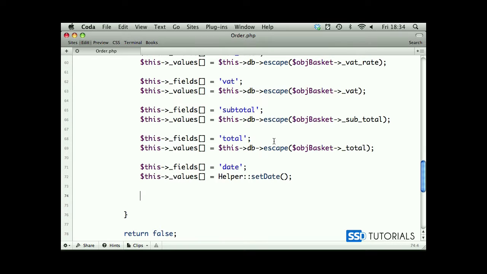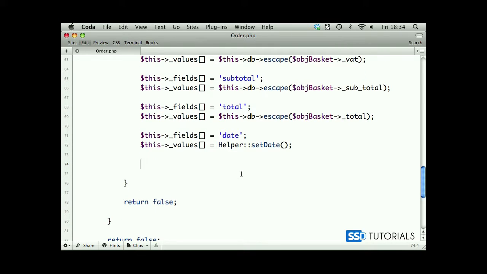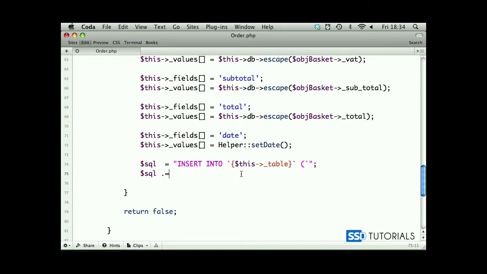Okay, after all these values, now we can finally create a SQL statement in order to insert all these values into the database. So we start with SQL equals insert into this underscore table. Sorry, after this we're going to create a bracket and a quote. Then we have SQL implode,